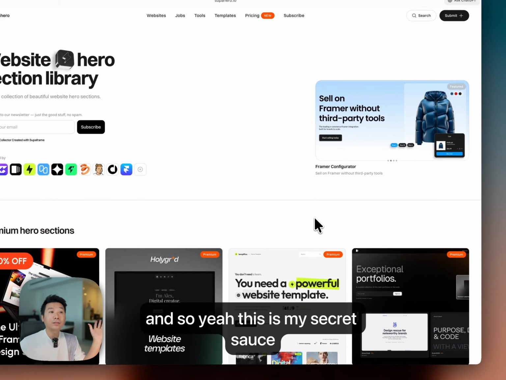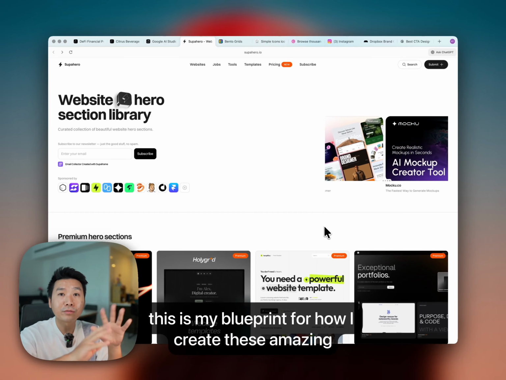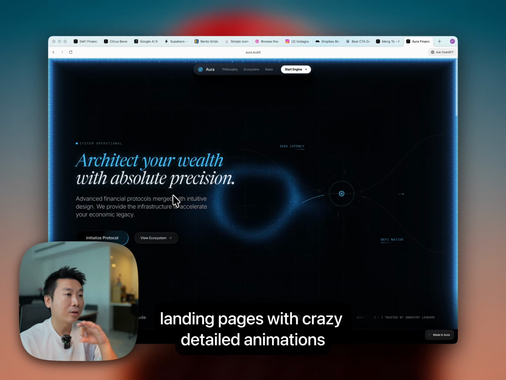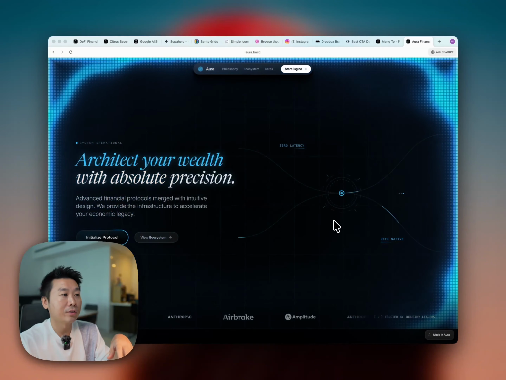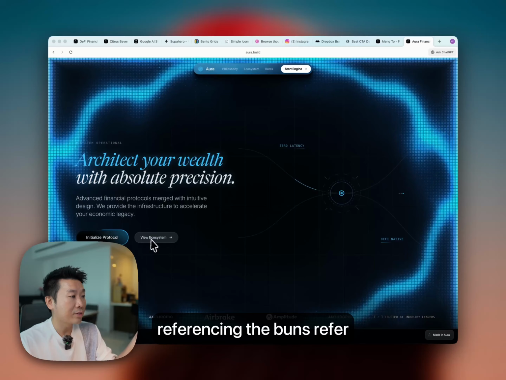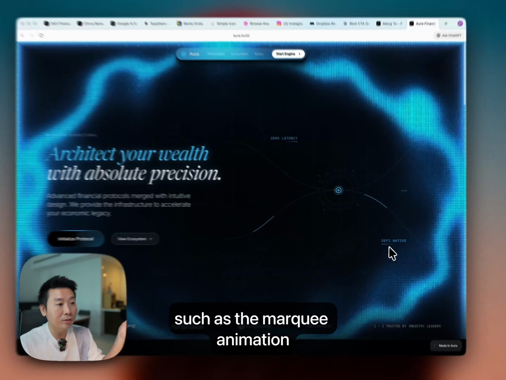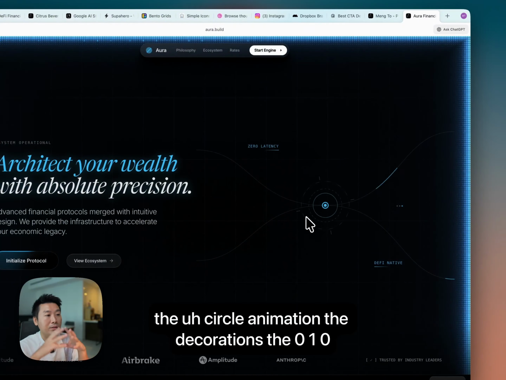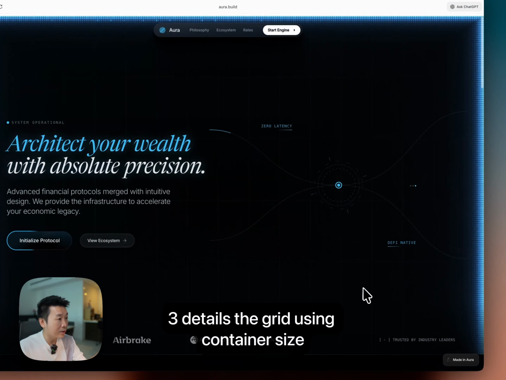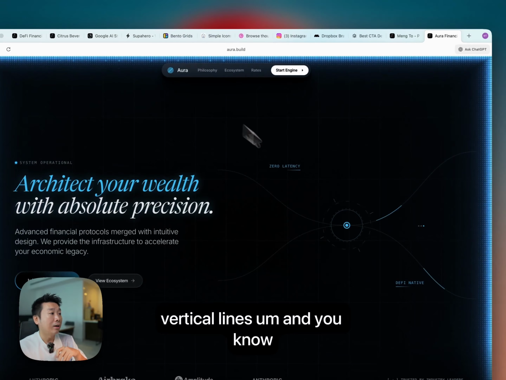And so, yeah, this is my secret sauce. This is my blueprint for how I create these amazing landing pages with crazy detailed animations. And it's just gonna get better, right? Gemini 3 is just gonna keep getting better, referencing the buttons, prompting these animations, such as the marquee animation, the beam animation, the circle animation, the decorations, the 01, 02, 03 details, the grid using container size vertical lines, and